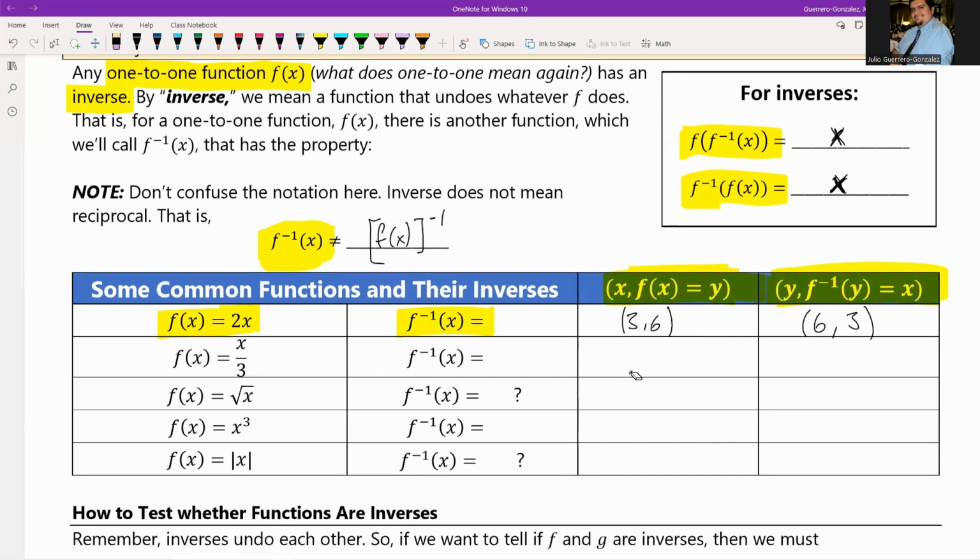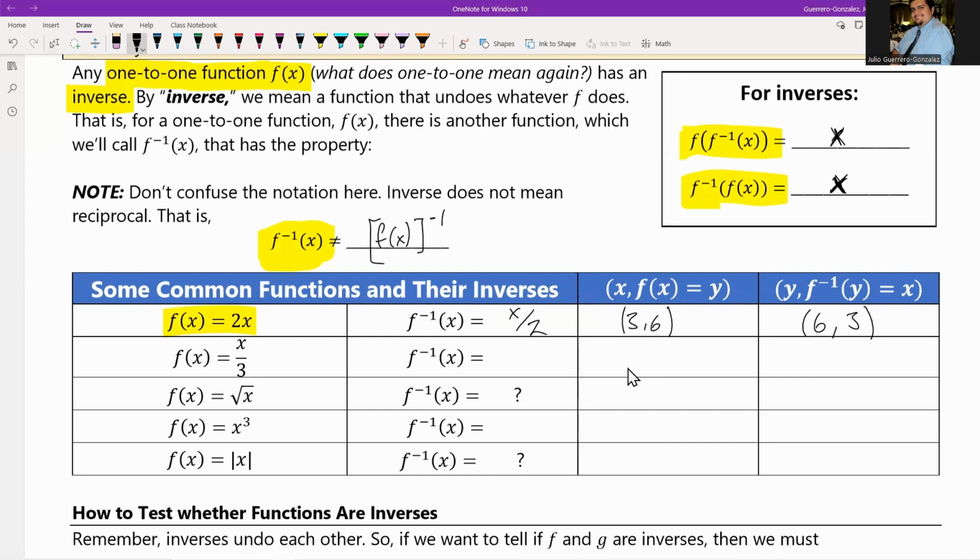And the inverse for this function, f of x equals 2x, is going to be x over 2. Now it should make sense, hopefully. The function grabbed the input and multiplied it by 2, so the inverse should grab the output from the other one,